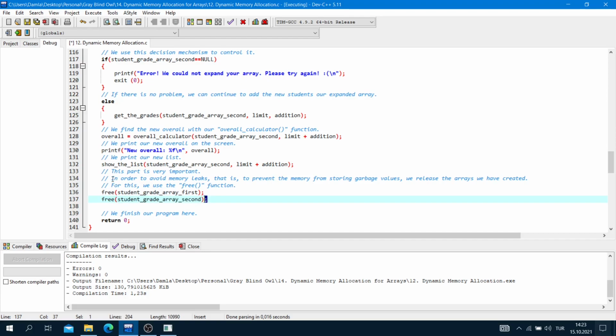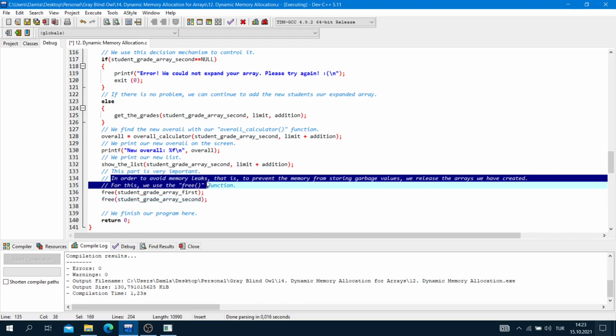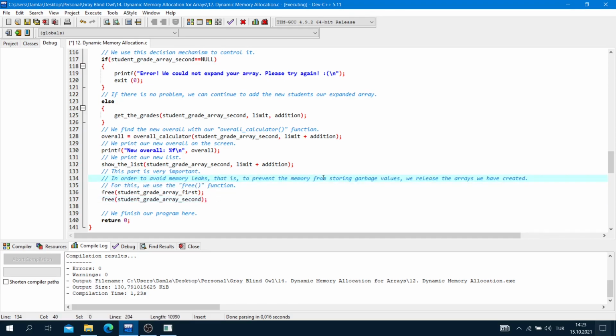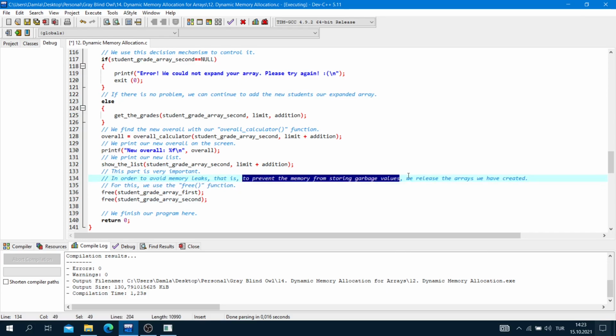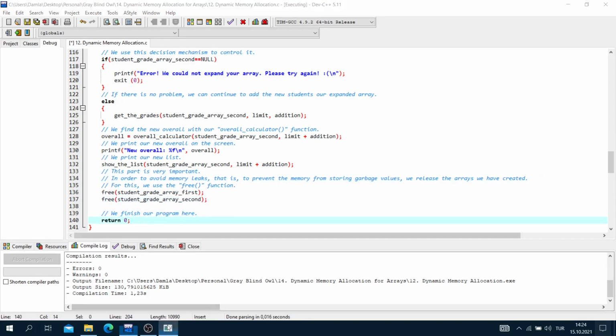This is so important. And we finish our program here, return 0.